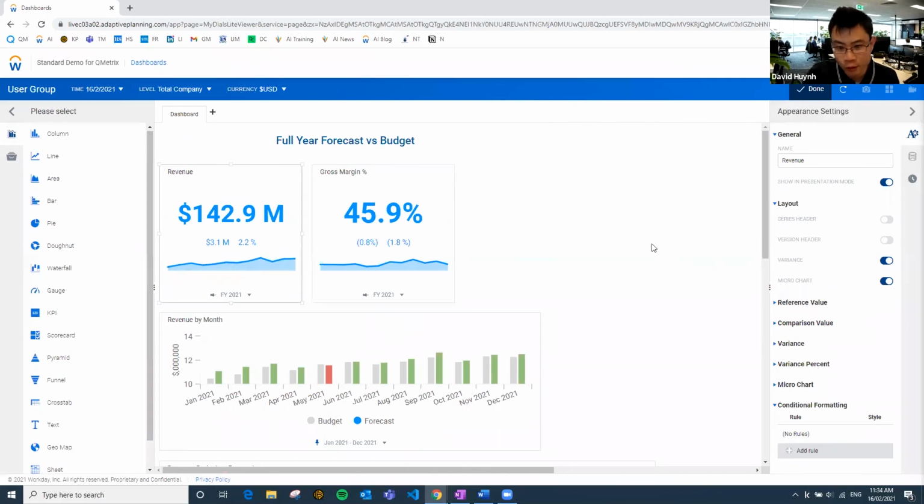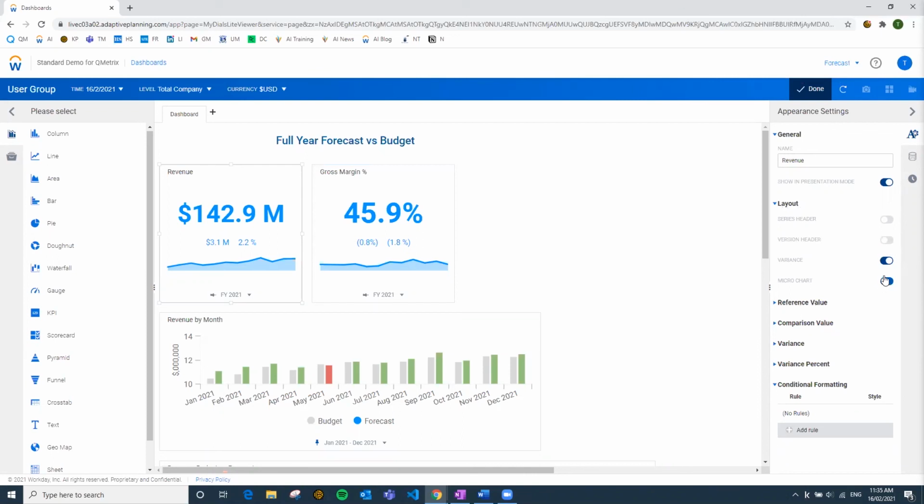If they're not available, it's a matter of turning those options on. Yeah, by default they'll be available. So it may be the case you accidentally played with these toggles and can't bring it back up. Under this layout here, you've got a toggle on and off for each of those areas that we touched on. So if you want to hide the micro chart, you can do so by clicking on that, and that will get rid of it. But to bring it back, you're just toggling it back on like so.